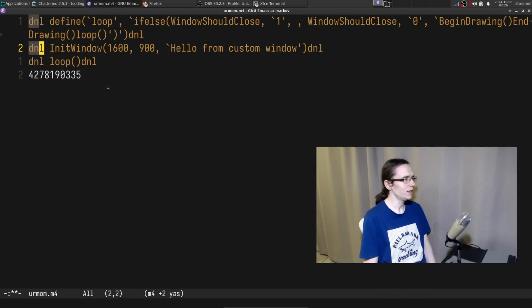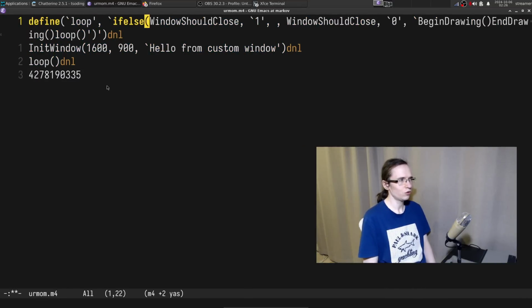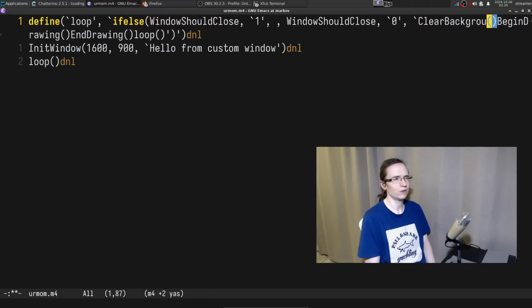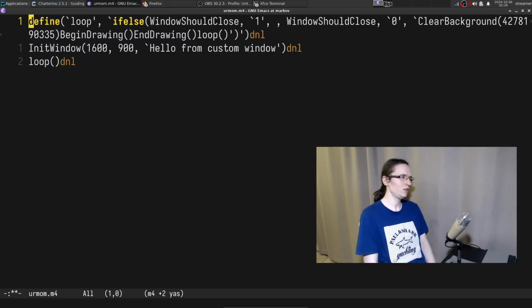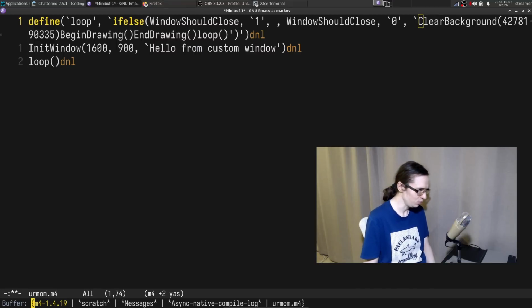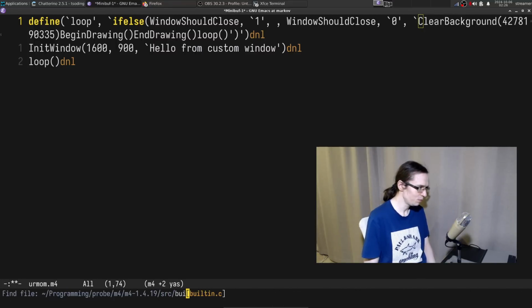After that, I can introduce clear color, and I can just pass this thing into, I think it's not clear color, it's clear background, right? So that's what it is, clear background. I just need to create a binding for clear background. So that's what I have to do in here. Right, so where are the built-ins?